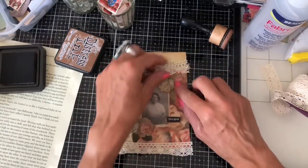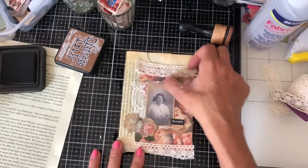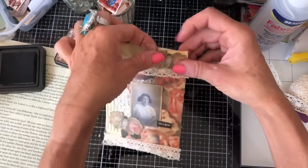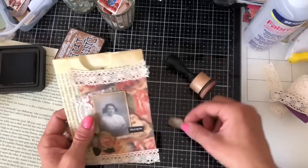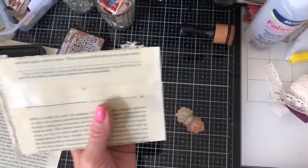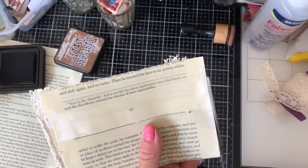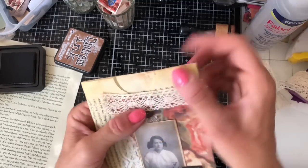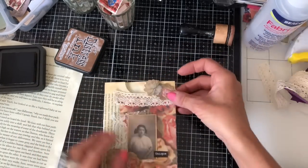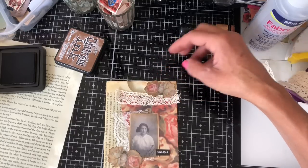Just wondering whether I want those flowers there as well. I might be getting a little bit fussy now. Well, to be honest, we could have them there, kind of where that thumb hole is. And the other reason I say that is because, can you see where I've folded this over? I can see the fold. Now, obviously I'm going to trim that down because it's overhanging a bit. So that will disguise it slightly, but I'm still not keen that I can see where that joins. So if I have the flower there, just across that thumb hole, it will literally cover up slightly where